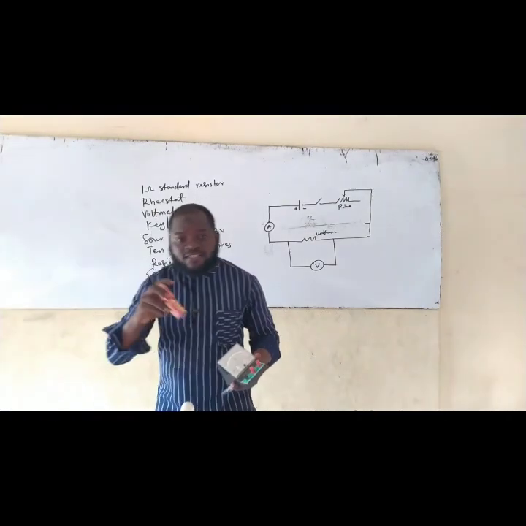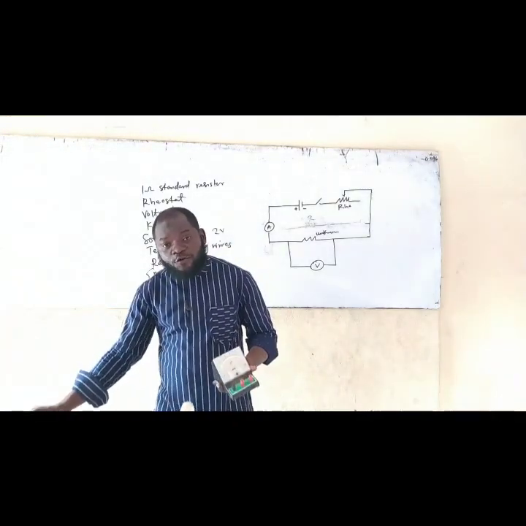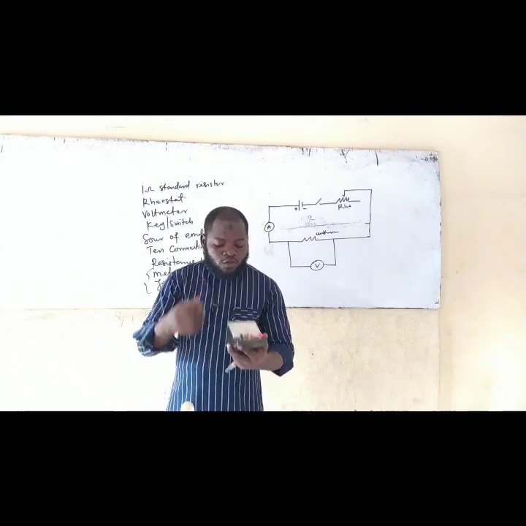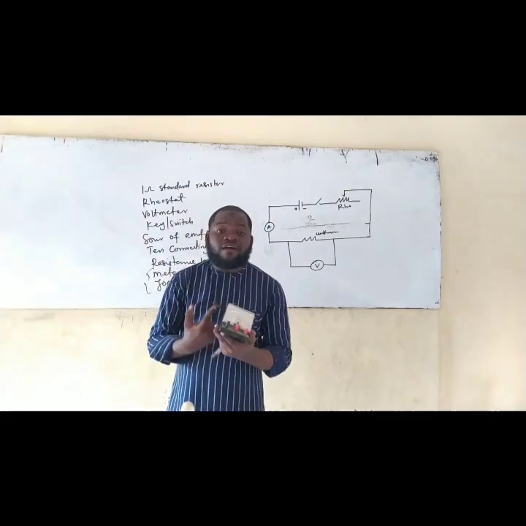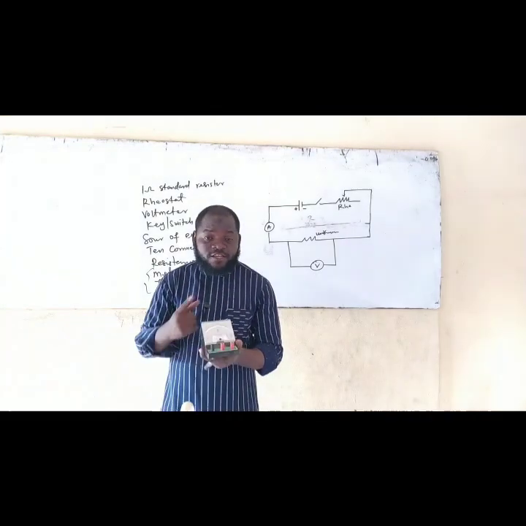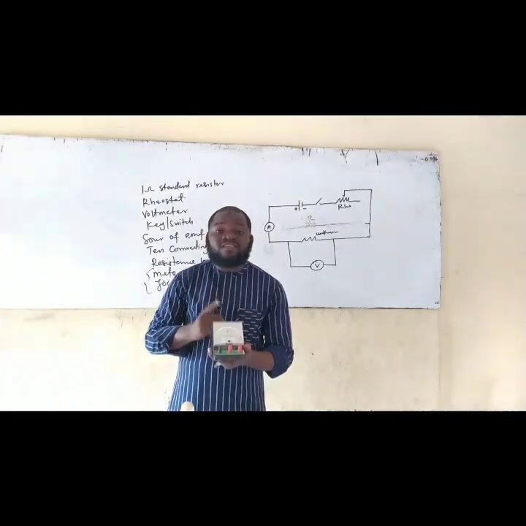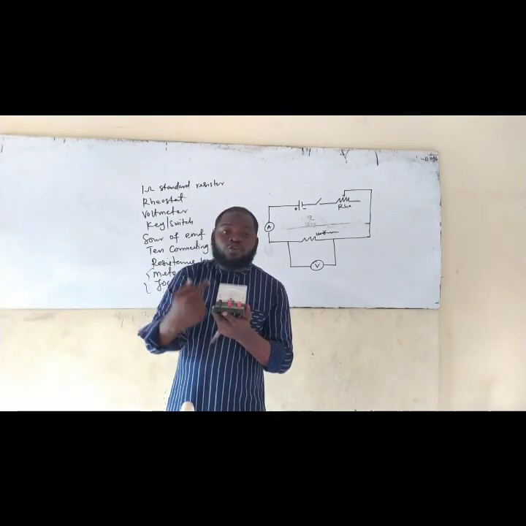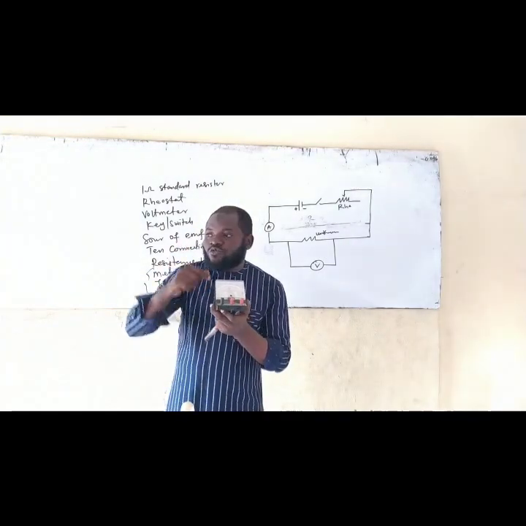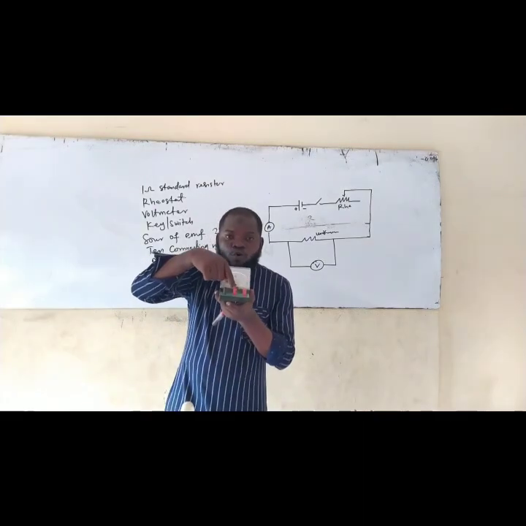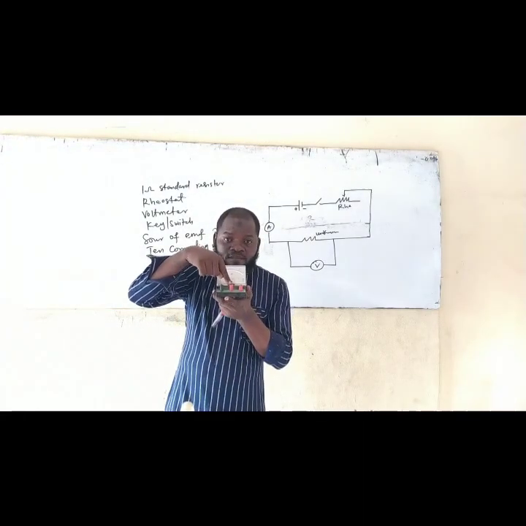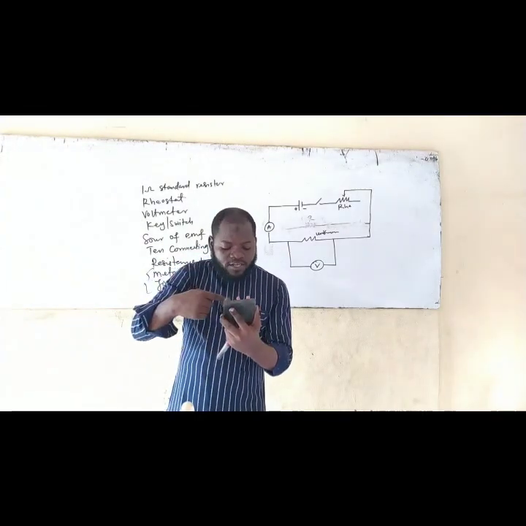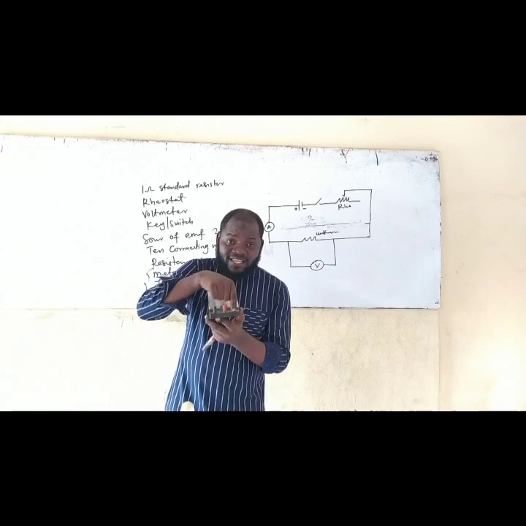So if you have 2 of it, you have 3 volts. So 3 volts cannot produce what? A current of 5 ampere. Am I making sense now? So it means you need ammeter that can read just 3 ampere. So if you are using this kind of ammeter that can read 3 and can also read what? 5. All you need to do is to connect your positive pole to this first one, mark 3. Am I making sense now? So the reading at the top is for this one. The reading below is for this one. Is that taken now?